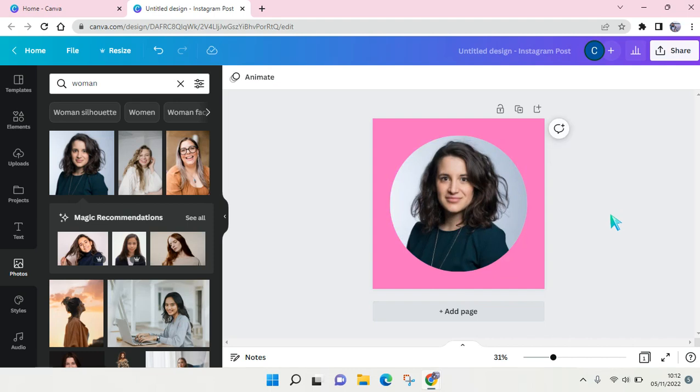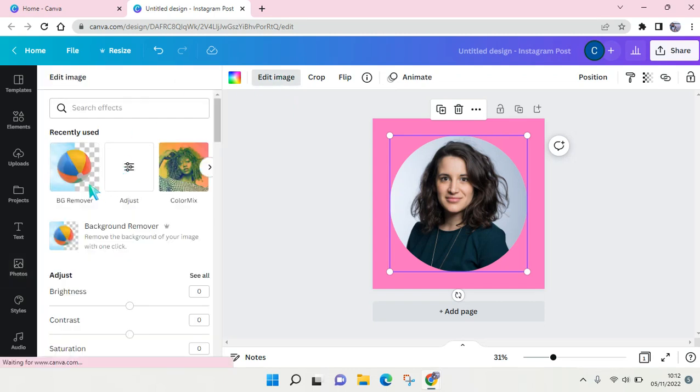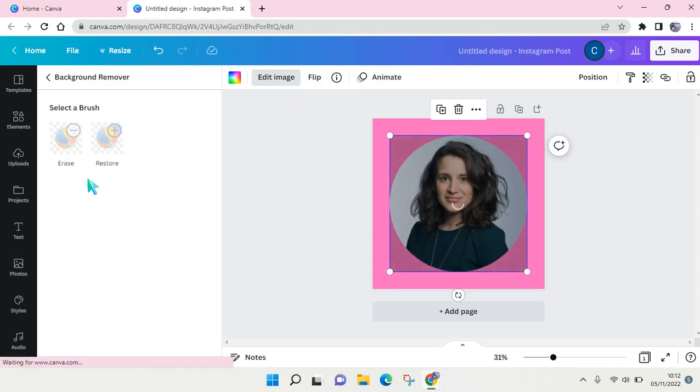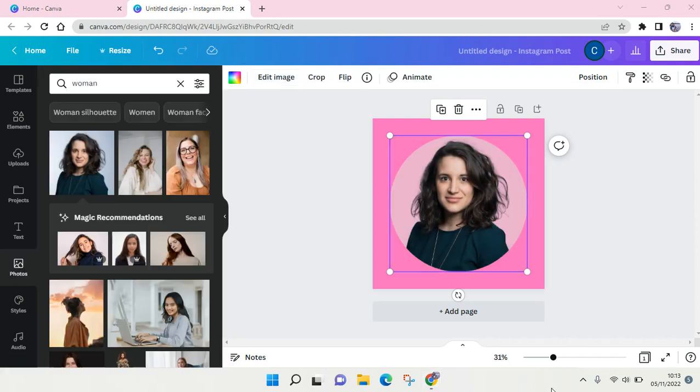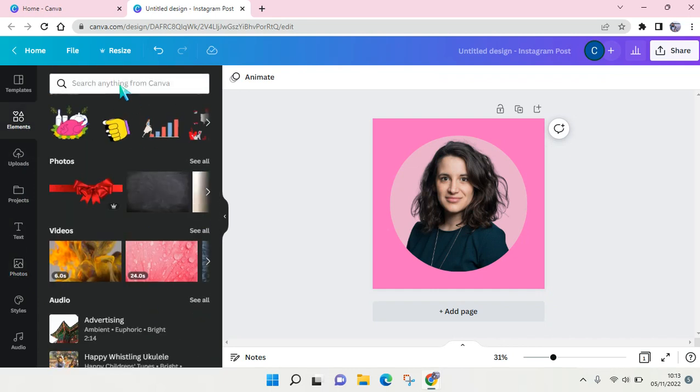And next, click on the image and go to edit image and click on the background remover. Okay, so just wait until the background has fully removed. Okay, so the background has been removed and then you need to go to the elements again and find a